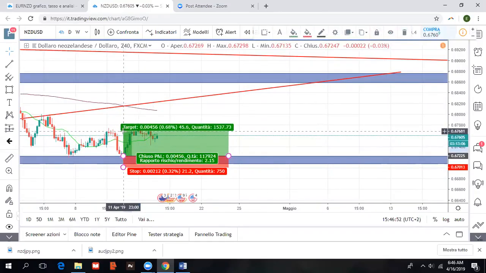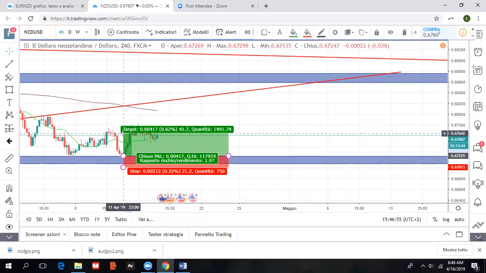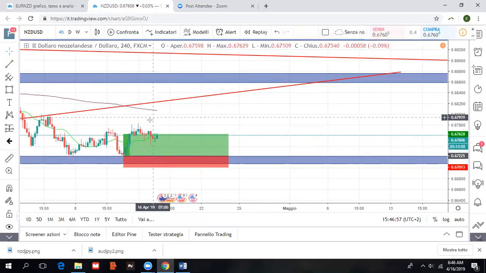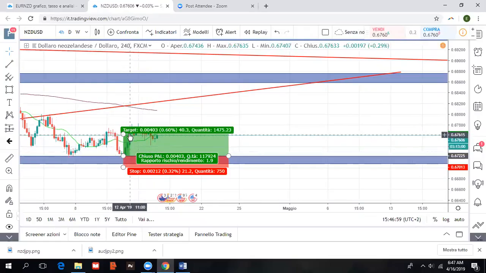So right here. And as you see, we went to take profit right after, like in 10 hours maybe, in 12 hours, we went to take profit